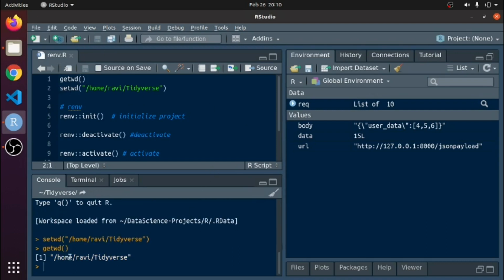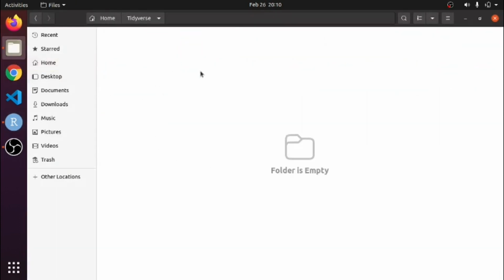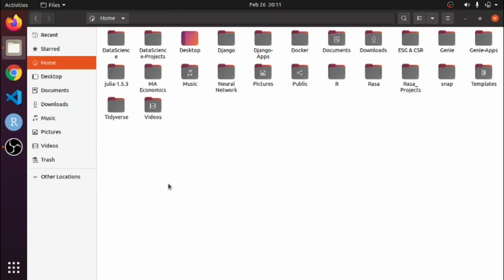So I am under the tidyverse folder here. As you can see, there is nothing in this folder, but I have to create a virtual environment. For that, you just use the init command now in the tidyverse folder.